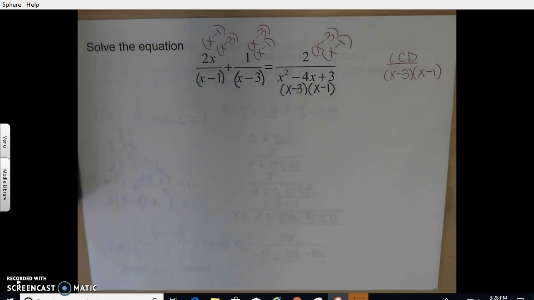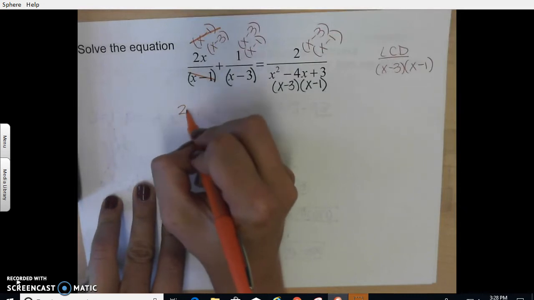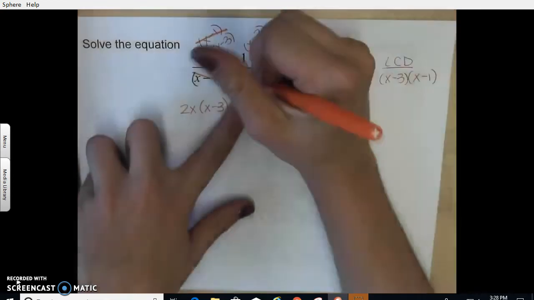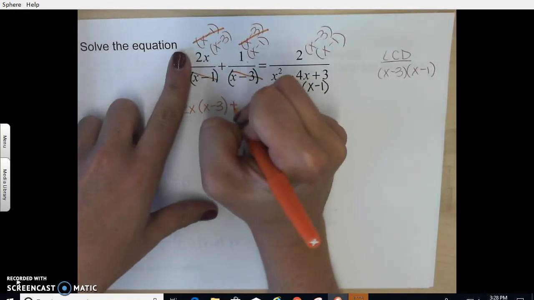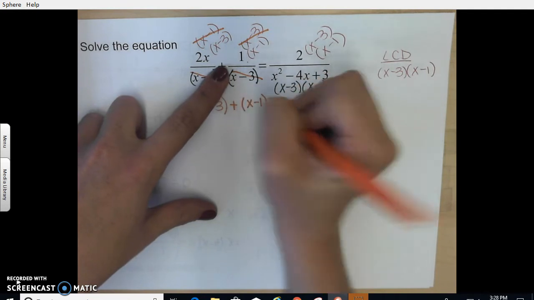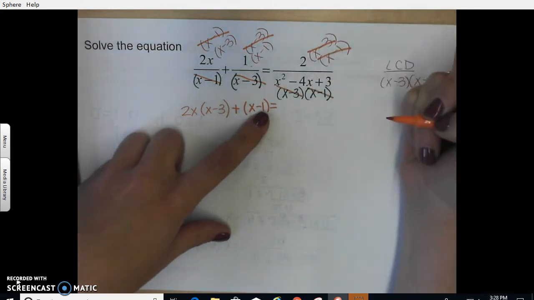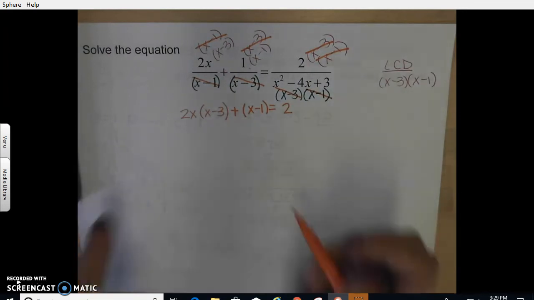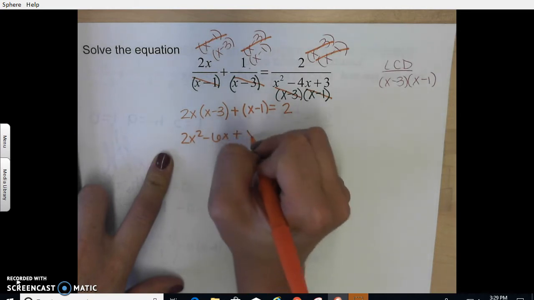In my first fraction, the x minus 1's cancel, and I'm left with 2x times x minus 3. In my second fraction, the x minus 3's cancel. I'm left with 1 times x minus 1, so plus 1 times x minus 1, is equal to 2, since the x minus 3 cancels with the x minus 3 and x minus 1 cancels with x minus 1, therefore I'm just left with 2. And now we can solve, so I distribute the 2x squared minus 6x plus x minus